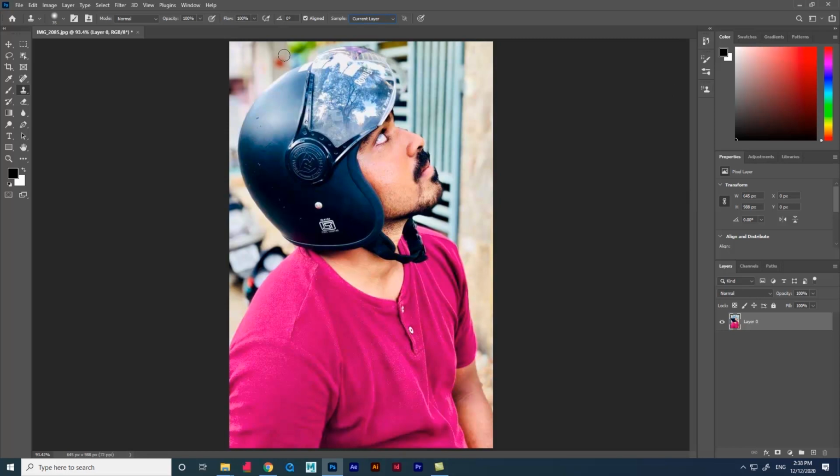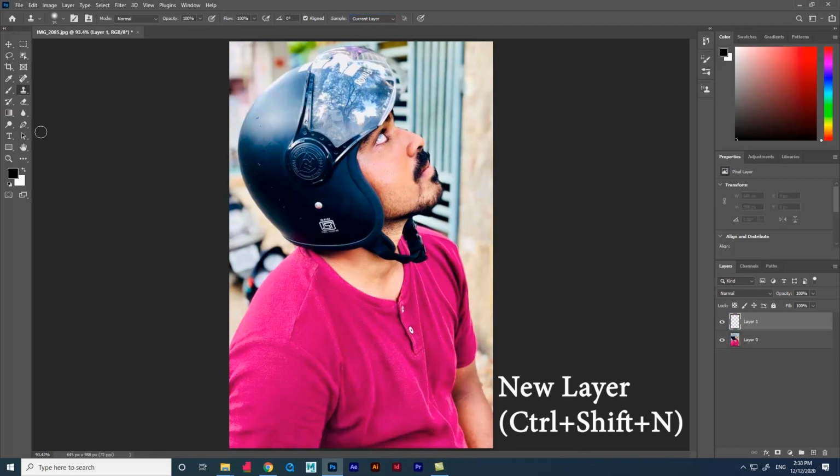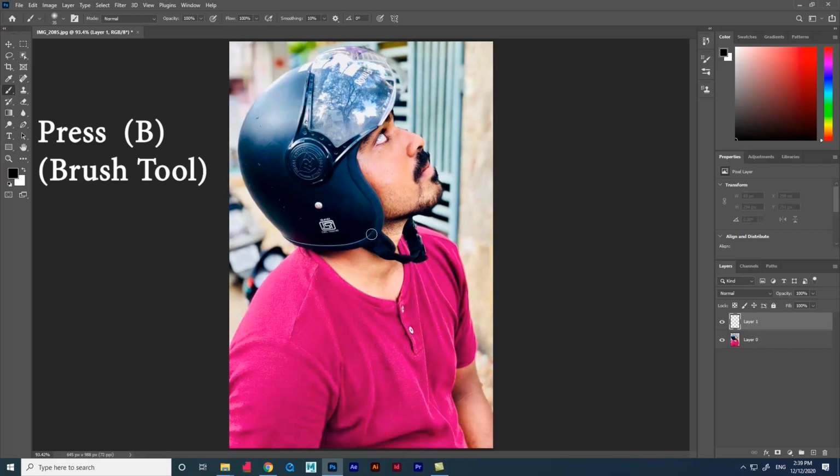Now let's see the main settings, like the difference between this opacity and this one. In the menu section it's for brush opacity and in the layer section it's for layer opacity. For example, create a new layer. Let's use this brush and draw a stroke now.